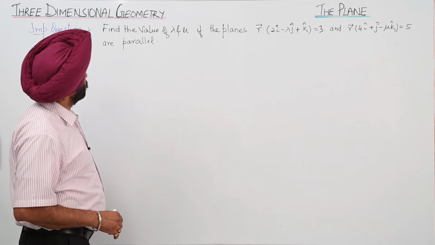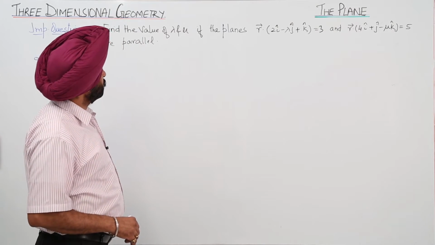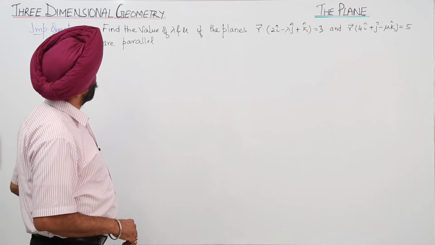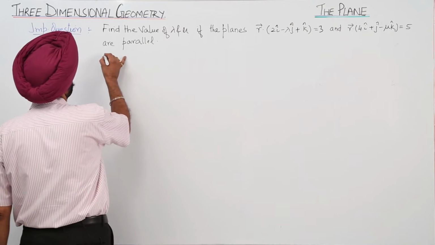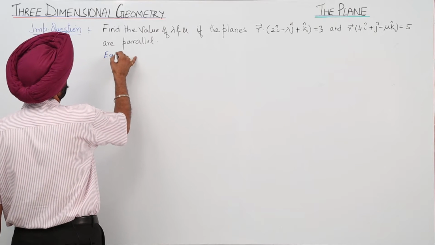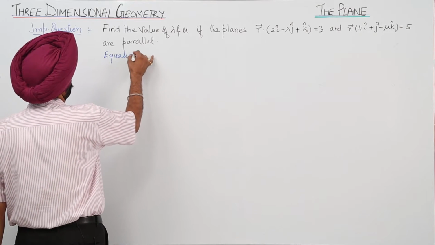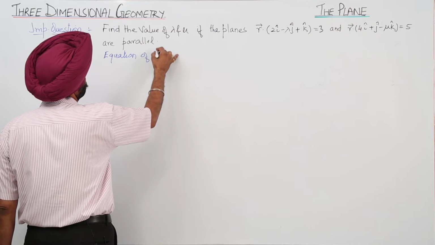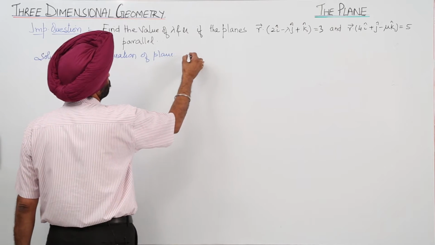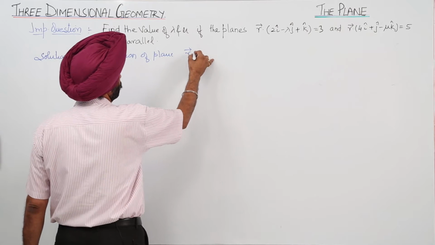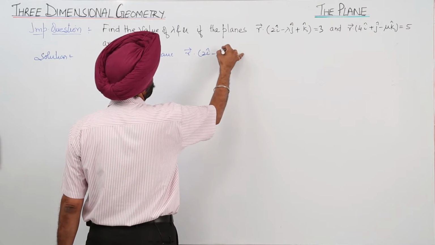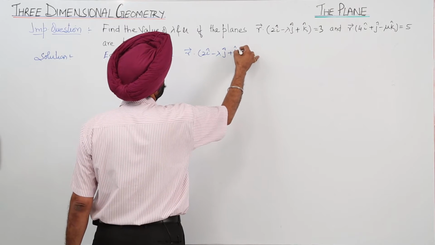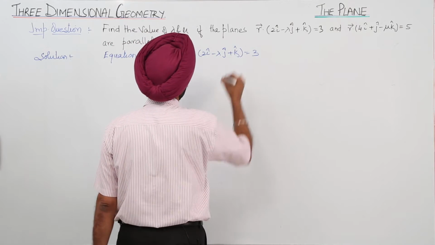We have to find the values for lambda and mu if the planes are parallel. Now, equation of plane: vector r dot (2 i cap minus lambda j cap plus k cap) is equal to 3,